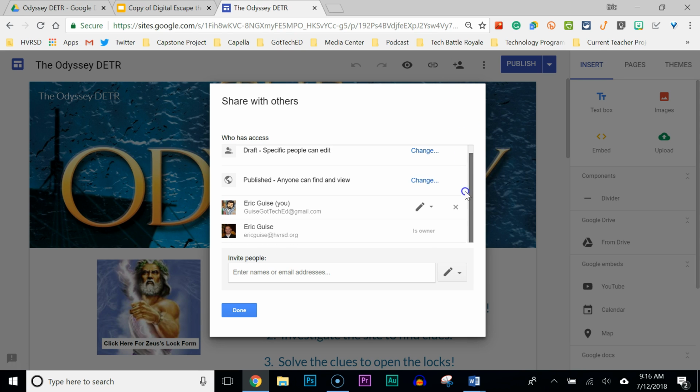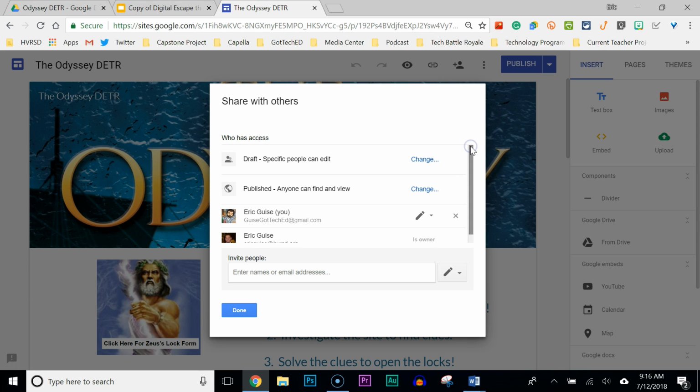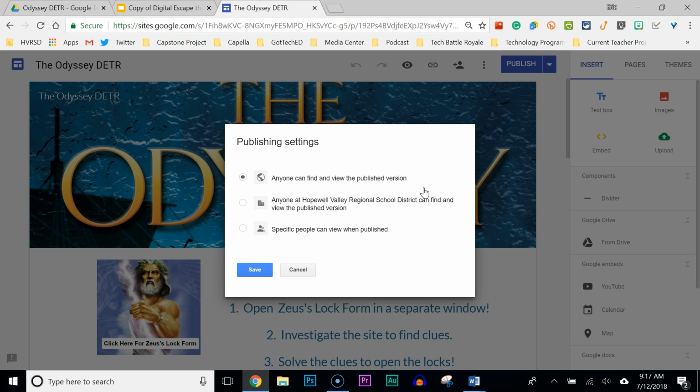And right now this digital escape room is shared with my 2 accounts, and I'll explain why in a couple of seconds. But I made this so anyone can find and view the site. So anyone that's clicking on this professional development can go in and look at it and find it. But what I want you to do is hit the change